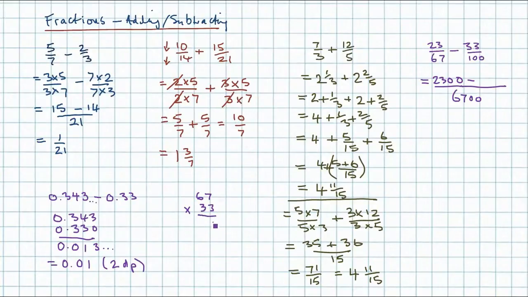So we'll go from right to left. We'll put our placeholder in. 3 7s 21. Carry the 2. 3 6s are 18. Add the 2 gives us 20. And nice and easy. No placeholder this time. We're just in the ones column. So we've got 3 times 7, 21. Carry the 2. 3 times 6, 18 again. 20. So exactly the same numbers here, and very easy to add up,